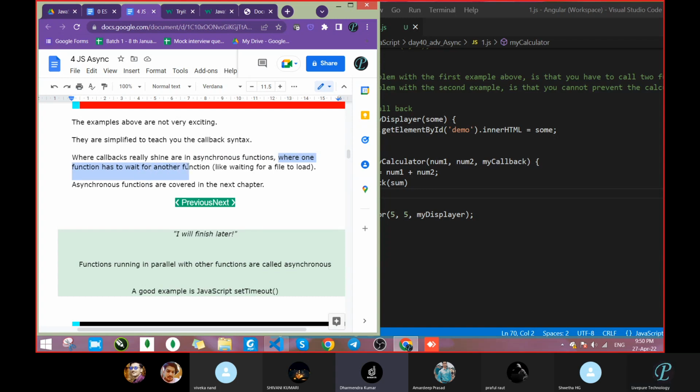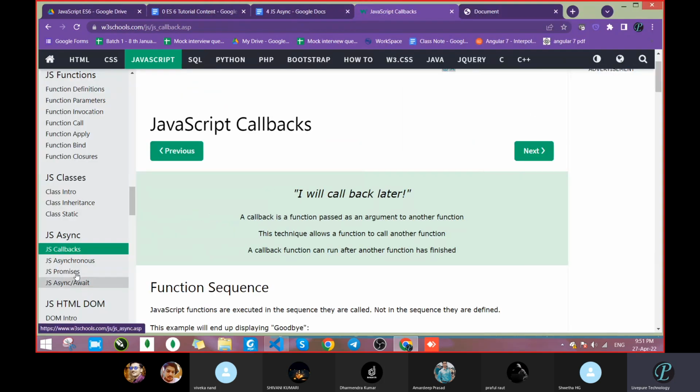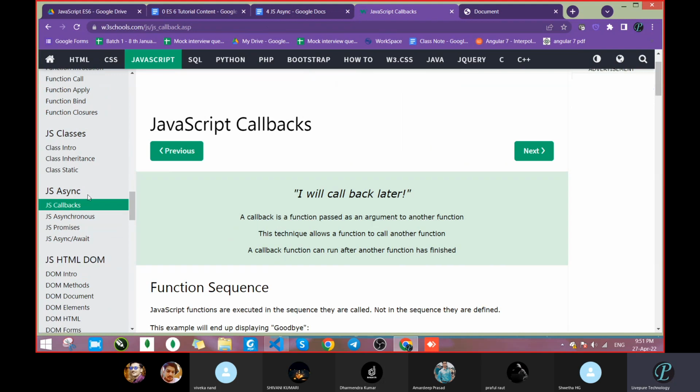Functions run parallelly, sir. Yeah, wait, we will come to that. We have not covered that yet. This is written here. See, this all comes under the asynchronous topic. Whatever callback it may be, asynchronous is the main topic.